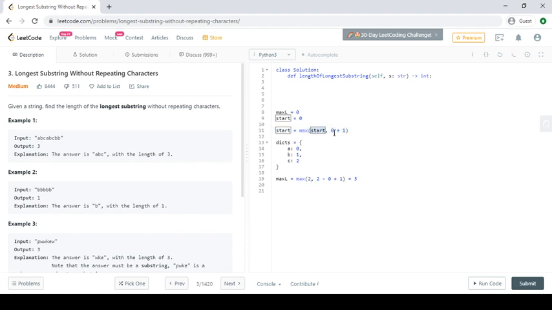So the current start is 0, and our new start is 1. And we replace the value in the dictionary.